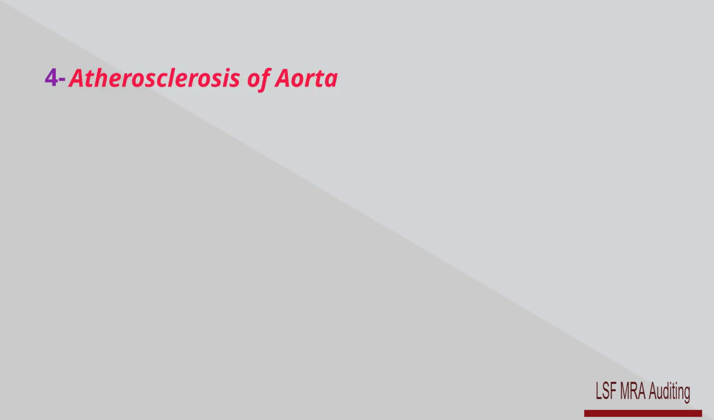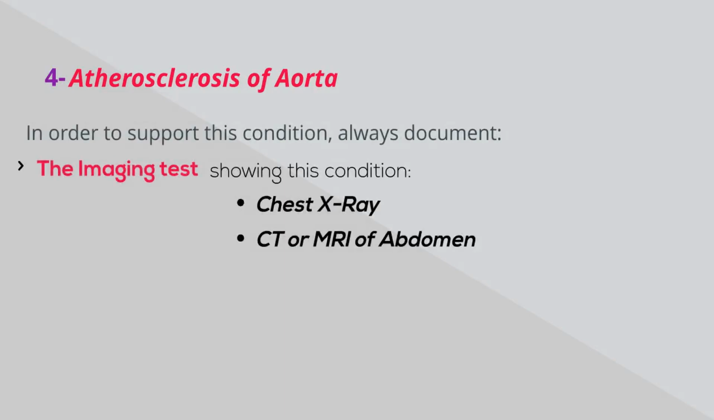Atherosclerosis of aorta. Even though having atherosclerosis of the aorta makes the patient more likely to have serious problems such as stroke, aortic aneurysm, aortic dissection, or limb ischemia, this condition has no symptoms at first. The only way to support it is by documenting the imaging test that shows the specific part of the aorta